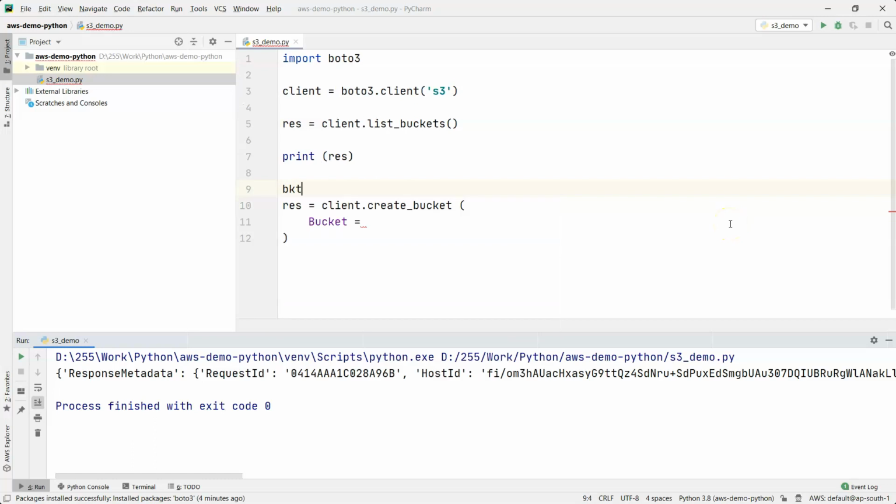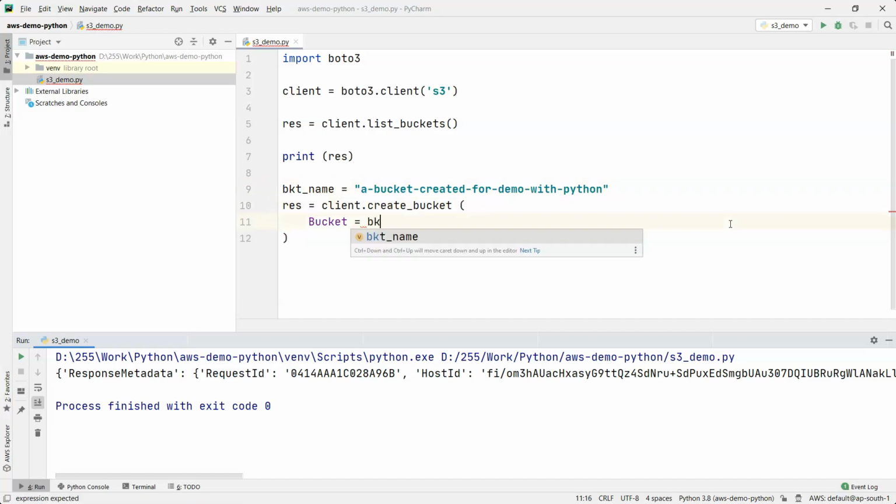So let us parameterize this. My bucket name is equal to, and the bucket name should be very unique. So I'll create a kind of DNS compliant name, a bucket created for demo with Python. So I hope I should be able to get this bucket name.